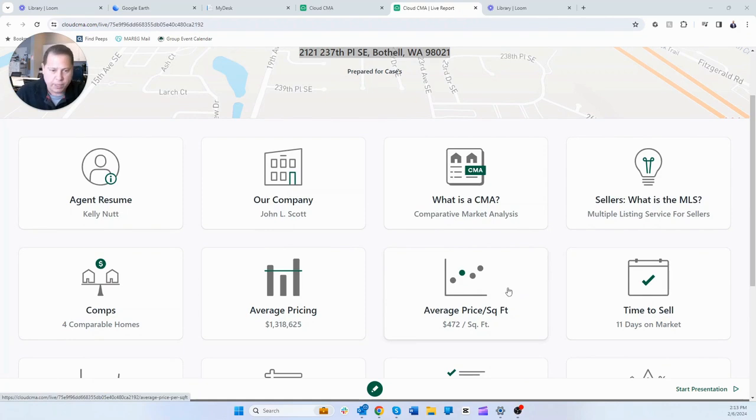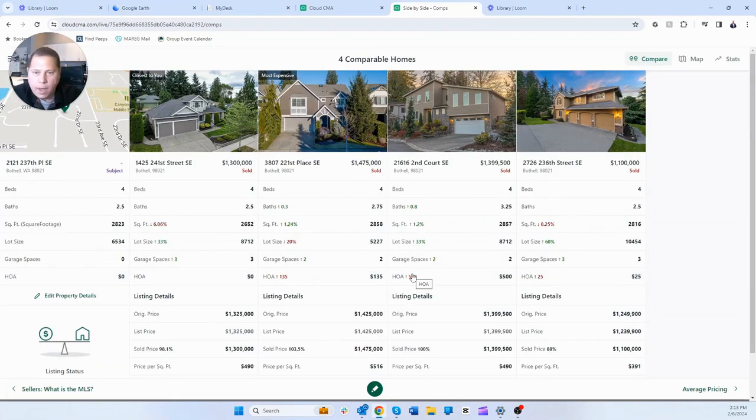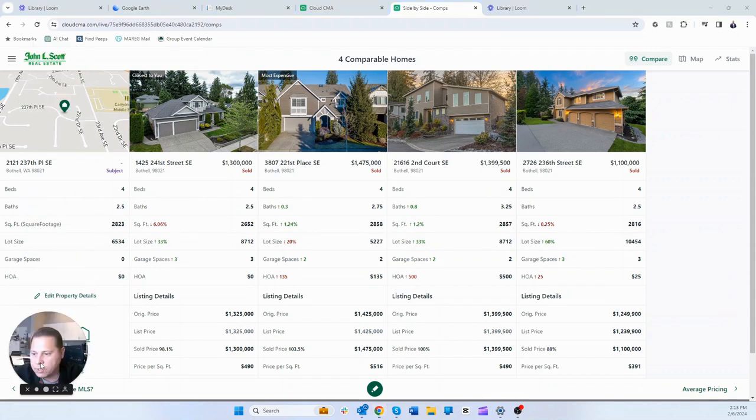You talk about the square footage, the size of it, been through it. I want to pull up the most recent comparable properties that have sold. There was nothing active, but you would have actives in here, maybe some pendings, and then you can walk them through the different homes. So here is the subject property, the client's home, 4 bedrooms, 2.5 baths, square footage, lot